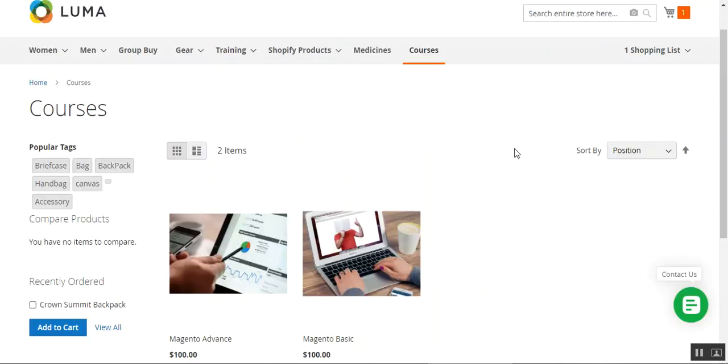So the main focus is to provide the customers with a common arena wherein they'll be able to check and download the trending online courses and can get benefit from the same. So now let me take you to the web store front end and let me show you how a customer would be able to check the course products and how we can make a checkout using the same. So for that, I'm